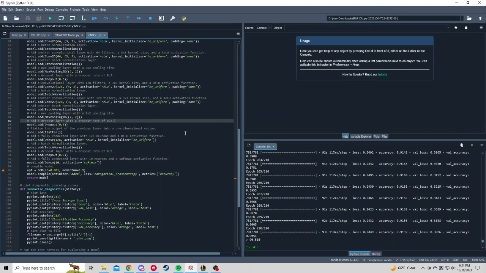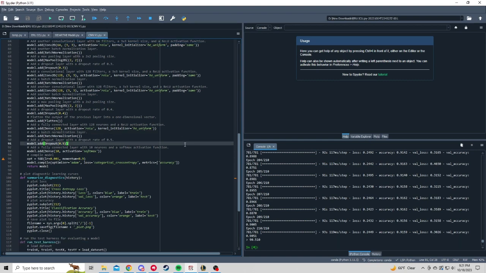Then we're going to do the pooling size and dropout rate, and then flatten the model and make it dense before we batch normalize one more time and add a 0.5 dropout rate, and we're going to fully connect the layers with 128 neurons at first